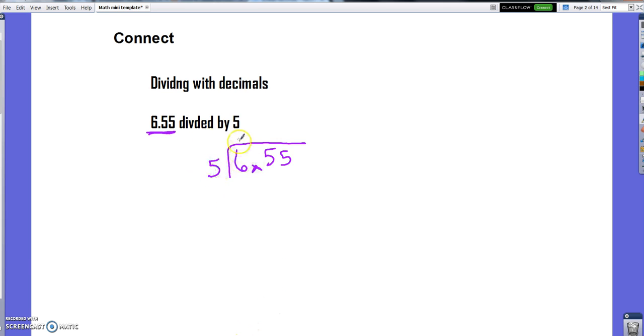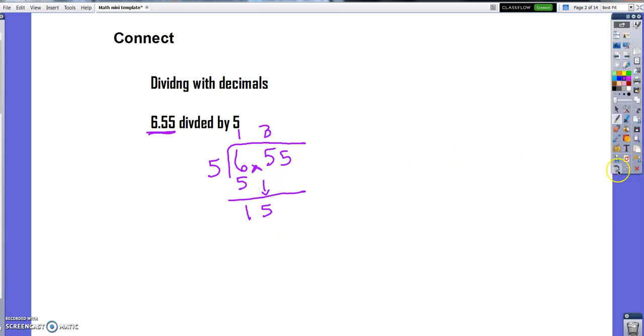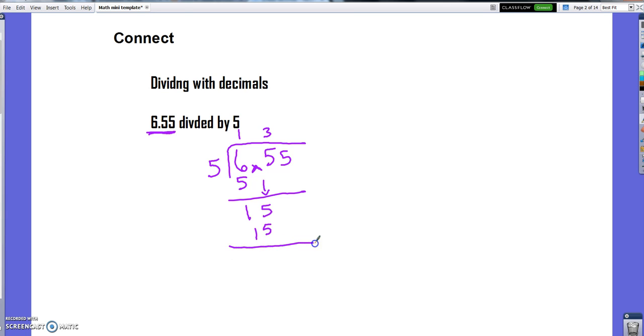I'm going to say I can make one group of 5 here. 1 times 5, left with 1, bring down my 5. Is 15. 5 times 3 is 15. Oops, it's not 5, it's 3. Mistake a lot of folks made: when you end up with a 0 in the middle of your long division problem, it doesn't always mean you're done. It's great, but you've got to come all the way out to your last digit here. So don't forget to bring down your 5 and make one group of 5. Now that's not the answer,